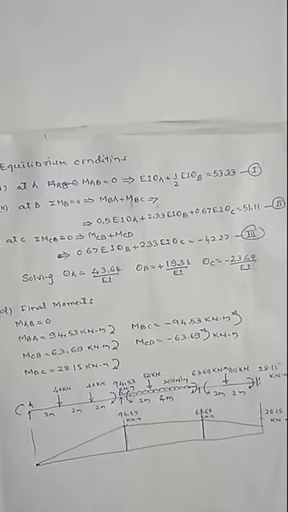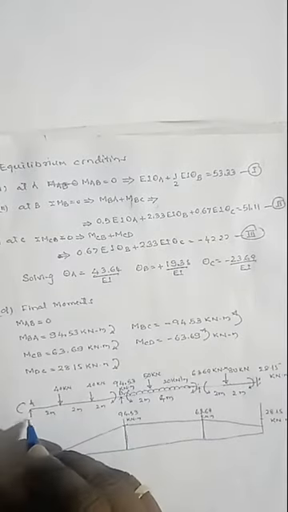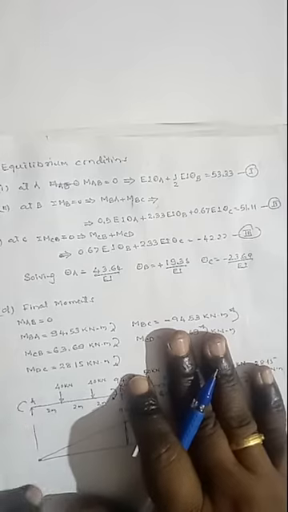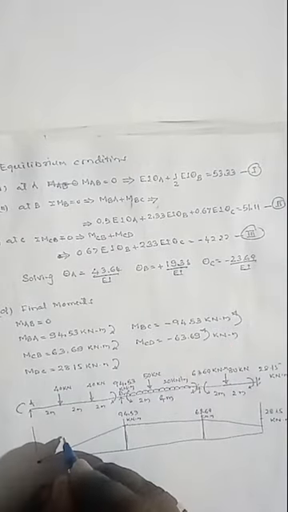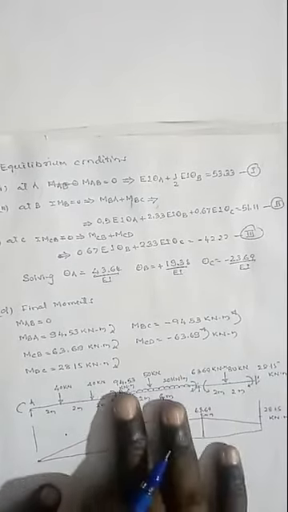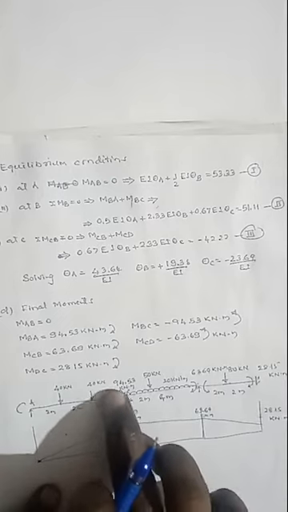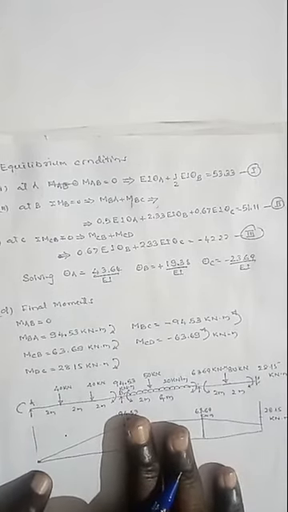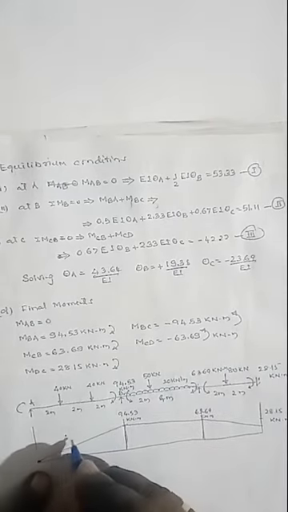Here the bending moment diagram is, if you consider only this one, both the reactions are equal. This one is 40 into 2, that is 80. Then similarly, for the simply supported beam, we have already drawn the support moments, which I have shown by arrow. Here I have shown by overlapping these two bending moments.